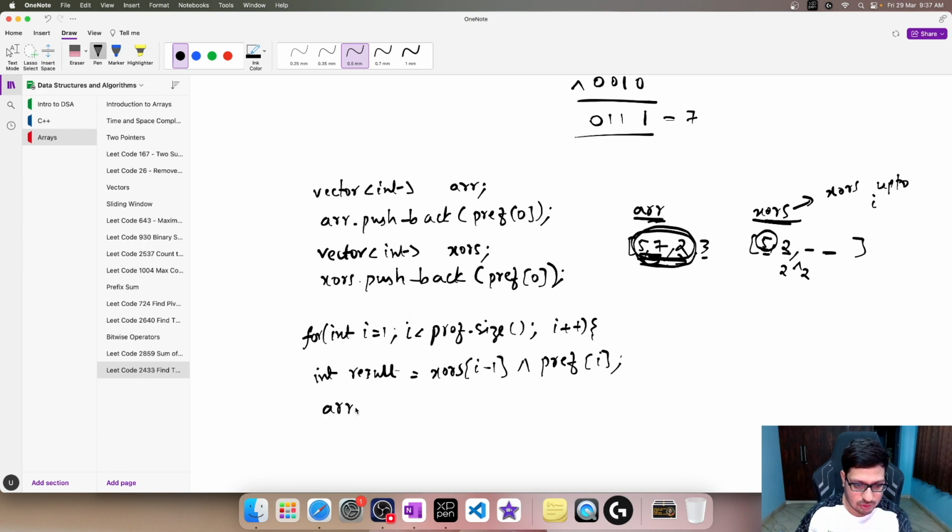So arr.push_back(result). What did we say before? Whenever there is a new element in the ARR vector, we recalculate the XORs up to that point and push it to this fellow. So XORs.push_back